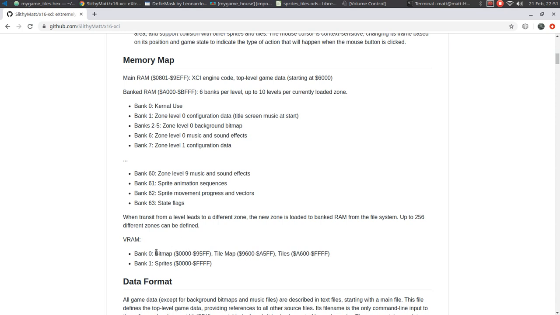bank 0 split up between the bitmap. The bitmap sits on layer 0, which is the bottom layer, and it's a 16-color 320 by 240 bitmap, although in practice for the levels it's only 320 by 200 to keep it smaller and to have space for a little text area, which we'll see later. Then we have a tile map. We use 8 by 8 tiles for this engine, so you're going to have a 40 by 30 tile map covering the screen,